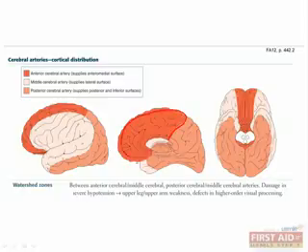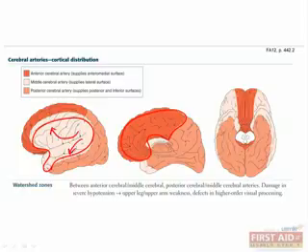Now, the ACA provides blood supply to the medial surface of the brain. The MCA supplies the lateral zones of the brain, and it's split into the superior and inferior divisions. The PCA provides blood supply to